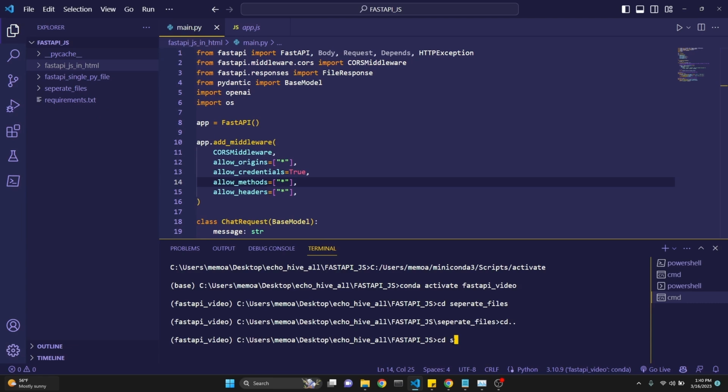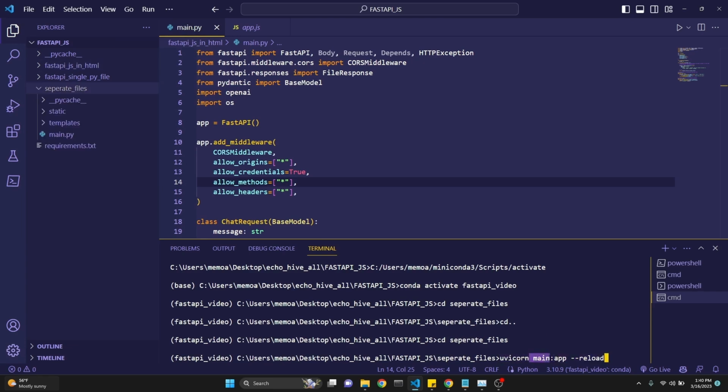A cool trick with Visual Studio Code is that if you type in the beginning letters of the folder you want to be in, and if you click on Tab, then it will autocomplete. And if you have more than one folder starting with that letter, you can keep pressing Tab, and it will circulate over those folders. And once you're in the appropriate folder, in this case our application where the HTML file, the CSS file, JavaScript file, and the Python file are all separate, I'm going to say